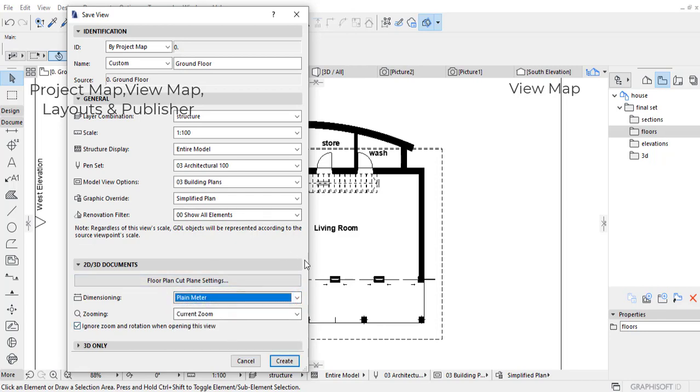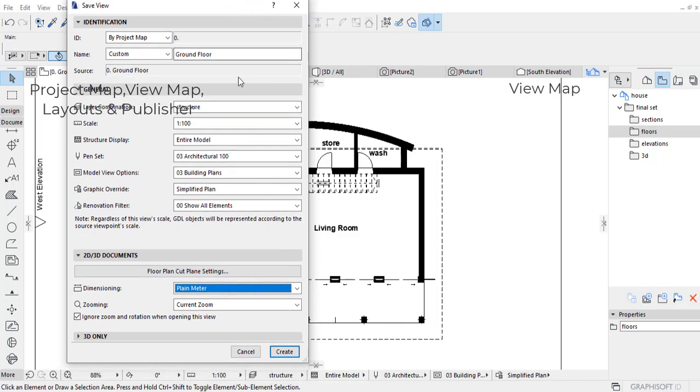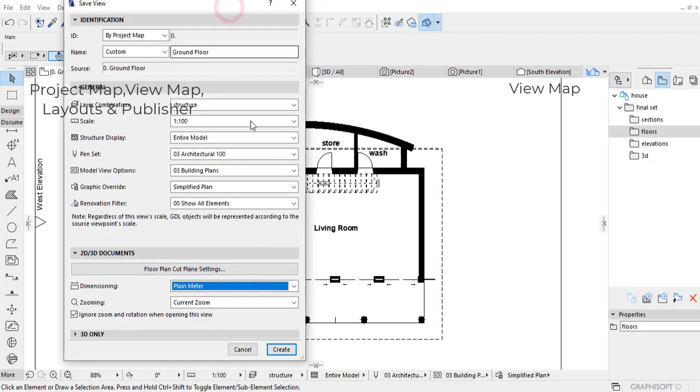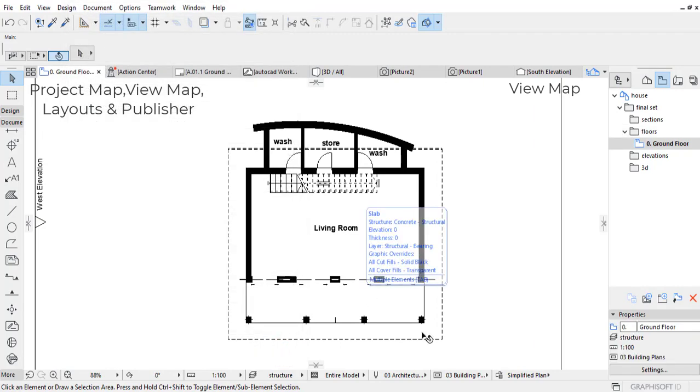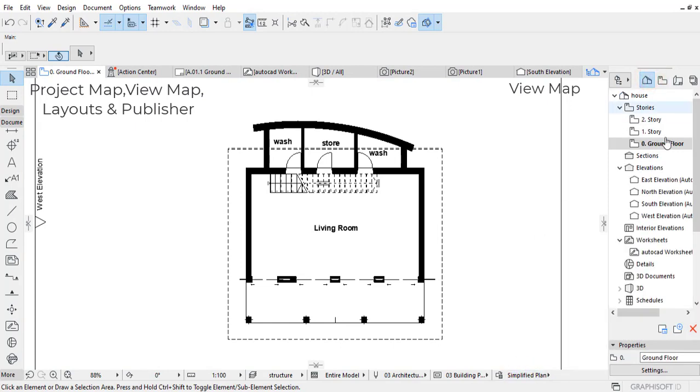Okay, but since we have put off the dimension layer, we'll go with this, and we'll not touch 3D for this because this is a 2D plan that we are going to render. So say create. So I have created this, and just want to show you, if I go back to my project map and I want to continue working from here,